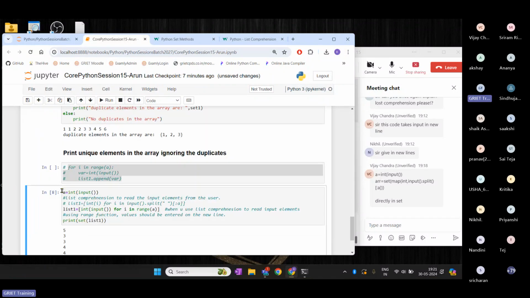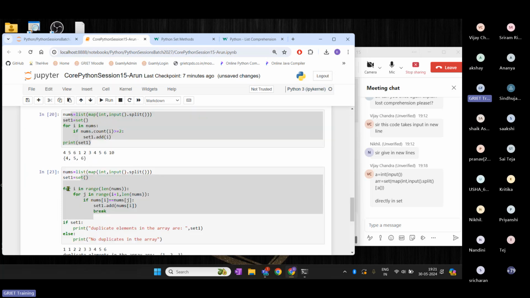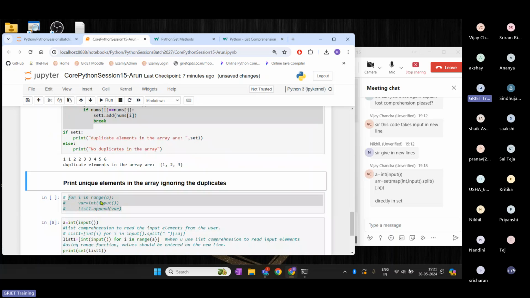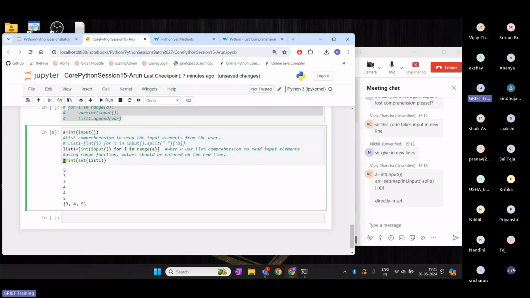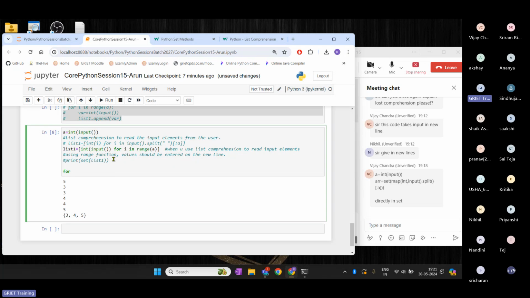So this is a straightforward question. There is no logic in this if you remember how the set works. It will display all the unique elements. Suppose the question says, since it becomes very easy and straightforward, they will manipulate the question: don't directly read the elements into the set. First iterate over the list, then add the element into the set, and then print the elements. For that, what you have to do: for i in list one,